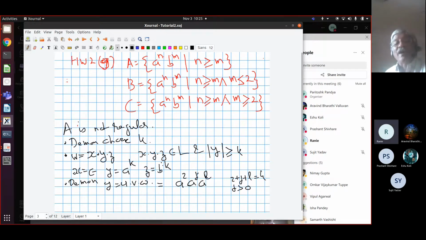Yes, sir. Now you can either pump down by removing this A raised to J by taking 0 as the power. So you choose the pumping index. I called it I in the lecture, which I have already used, so let me use P here. Pumping index P equal to, I can choose which one? I can use 0, 1, 2, 3, 4, 5, whichever is convenient to you, so that the resulting string stops being in the language. So I will use 0. I can even pump down.